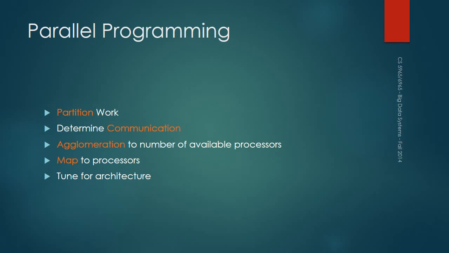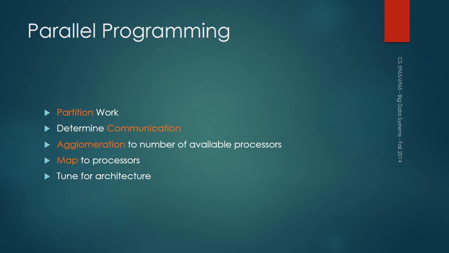Those of you who have done some event-driven programming probably know how to think in terms of tasks, specific functions, specific roles. You want to determine the communication patterns. And communication, again, I use in a very generic sense. You have a bunch of tasks, right? How do they need to exchange information with each other? How do they need to synchronize and coordinate? Again, we are doing this completely independent of the architecture, the programming model, even maybe the problem size.